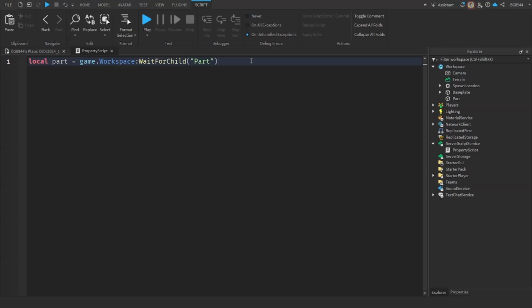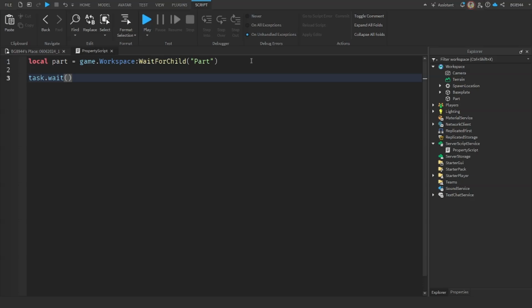A wait is basically when you are waiting for a specific amount of time before proceeding with the script. So there's two main ways of waiting. One is simply by typing in wait, parentheses, and then however many seconds you want it to be. But that's very inaccurate and most people don't use it. So I would completely ignore this and instead type in task.wait, parentheses, and the amount of seconds, or